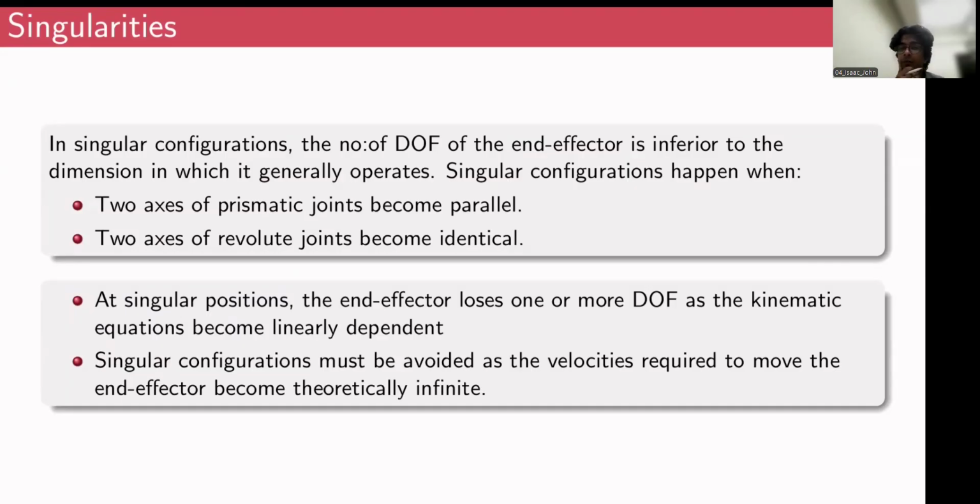Right. It becomes a 2 degrees of freedom robot in some extreme cases. So one such case is when two axes of prismatic joints become parallel and two axes of revolute joints become identical. So one example is, if you have a robot with two prismatic joints,